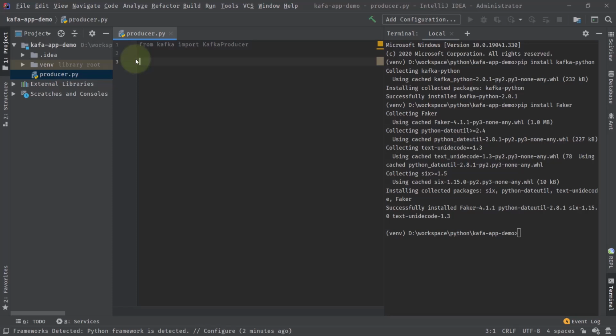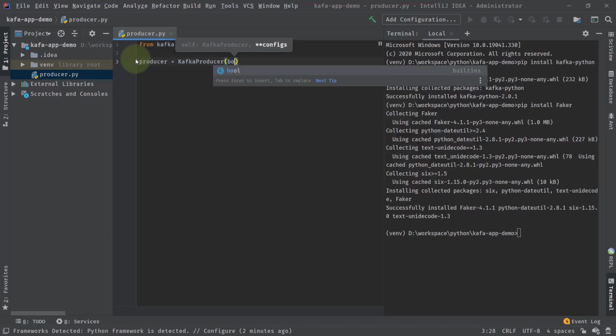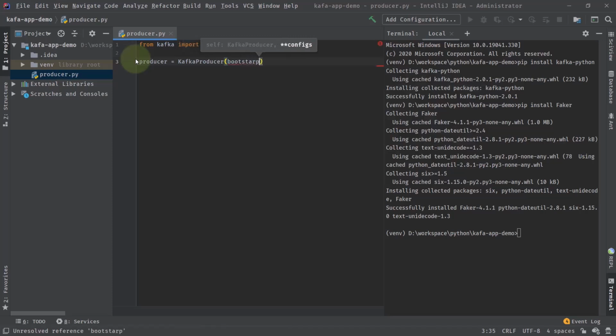So I'll be creating an instance of this producer, and that will be equal to KafkaProducer. Now this KafkaProducer needs to connect to a Kafka server or the broker. So we need to provide that address inside a configuration. That will be bootstrap_servers, and that will be equal to an array, and I know that my server is running at which port?